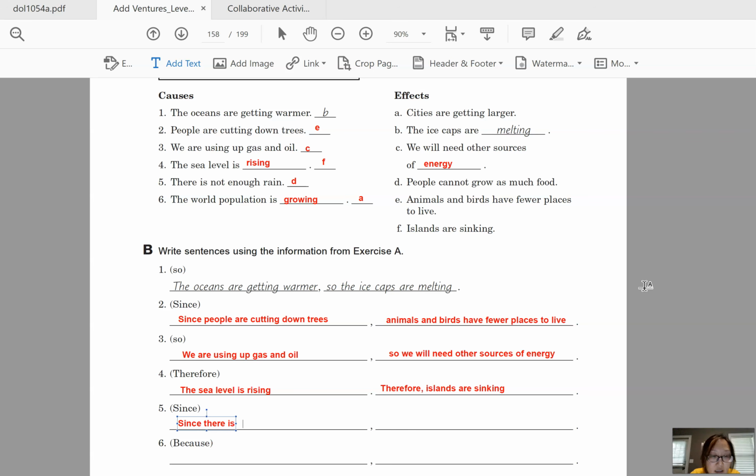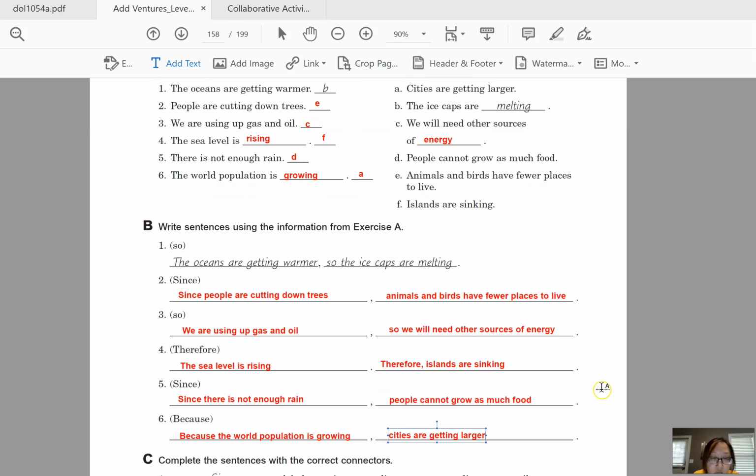Okay, and then number 5, since is capitalized, so we need to put it at the beginning. Since there is not enough rain, comma, people cannot grow as much food. Okay, and then the last one, because is also capitalized, so let's put it at the beginning. Because the world population is growing, okay, comma, cities are getting larger. Okay. All right, so